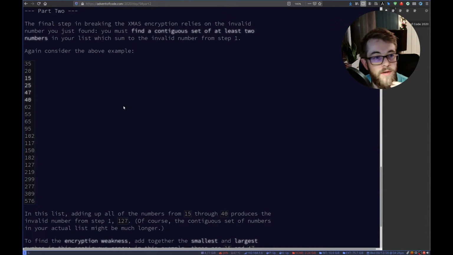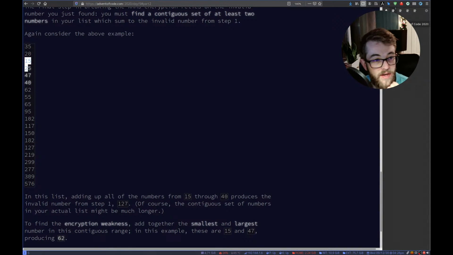Okay. Again, consider the above example. In this list, adding up all of the numbers from 15 through 40 produces the invalid number from step 1. Of course, the contiguous set of numbers in your actual list might be longer.